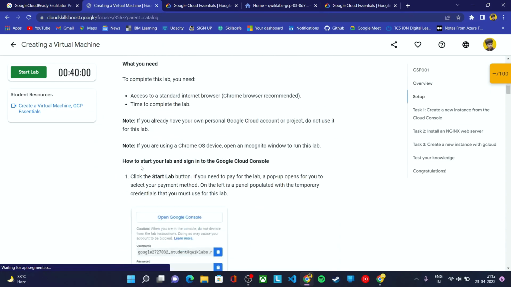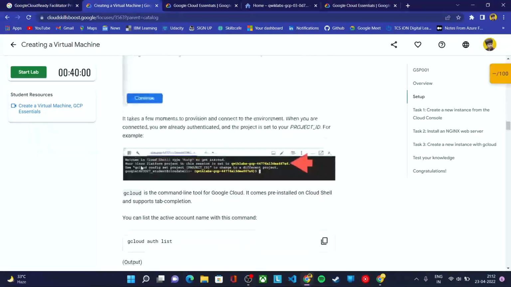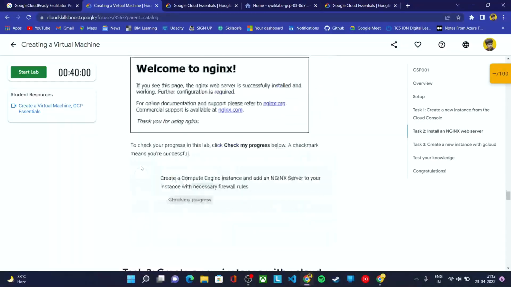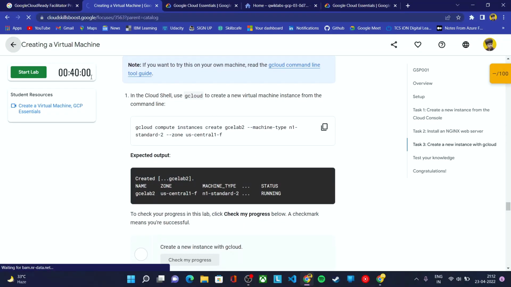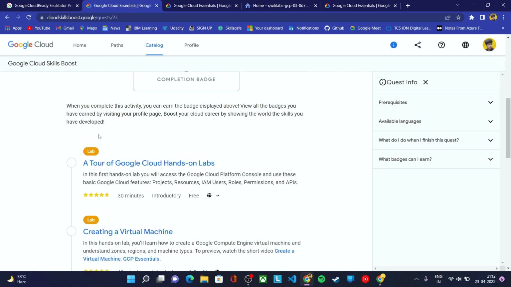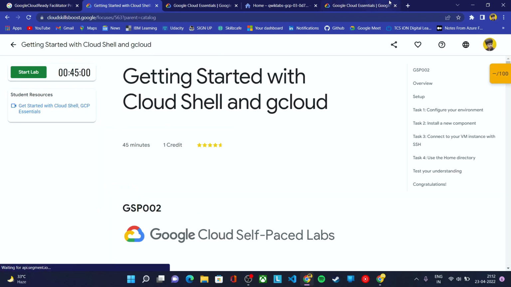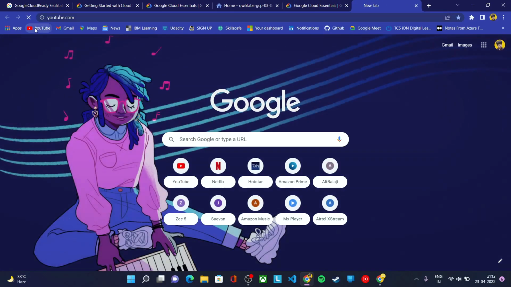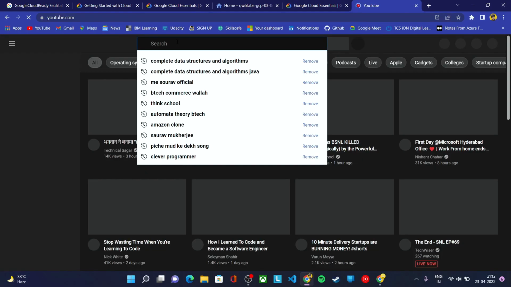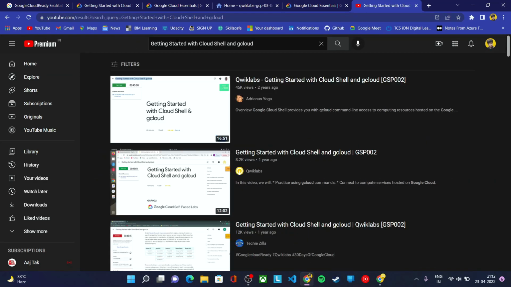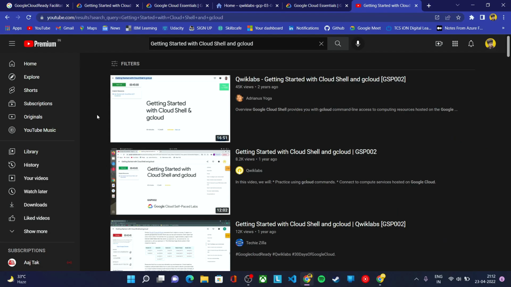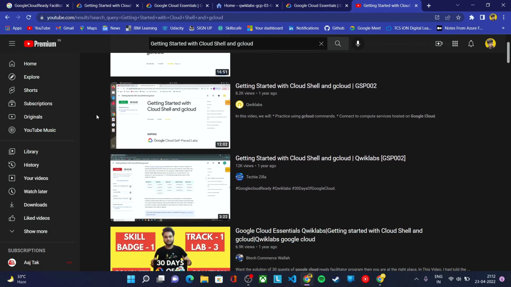But if you are a beginner and you don't know how to follow these steps, what you can do is click on the lab title, like if it is a Tour of Google Cloud hands-on lab or a Compute Engine lab. Just copy this lab name, go to YouTube, and search this lab. If I search this lab, I'll get a lot of tutorials or videos